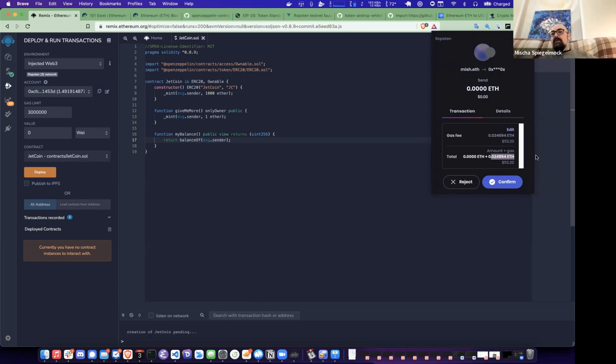But if we were on the real mainnet, then I would have to have this amount of Ethereum to pay the gas fees for all the miners to create the contract, because I want to upload this program to the worldwide VM. I need to pay for the privilege of doing it. I need to convince other people to let me use their computer to process all of this.